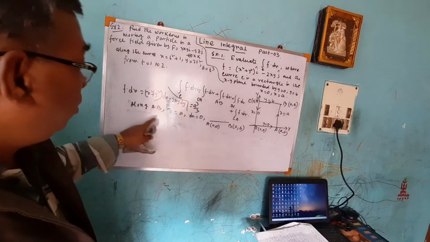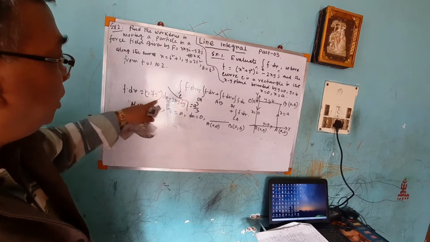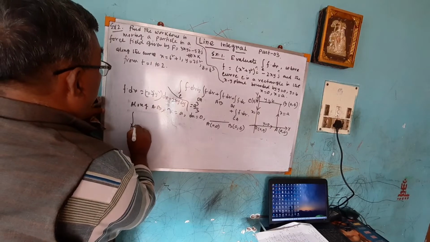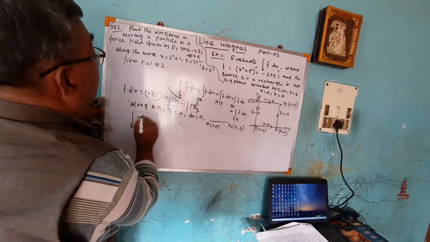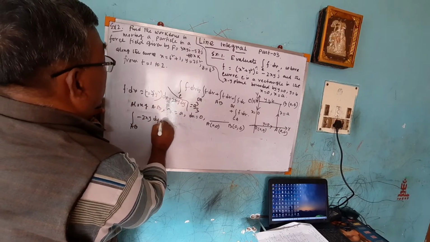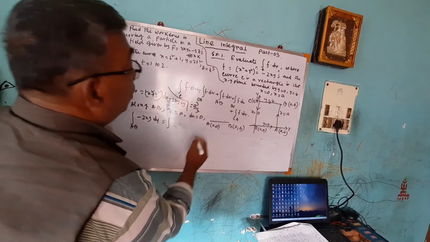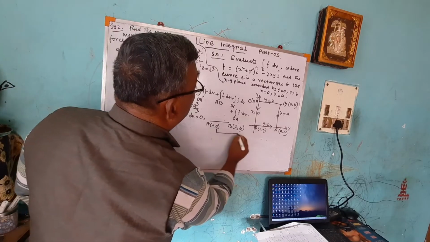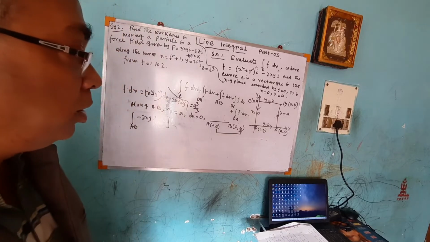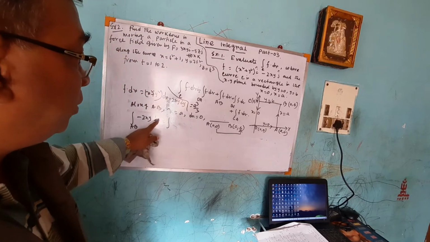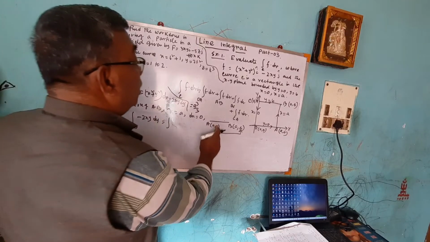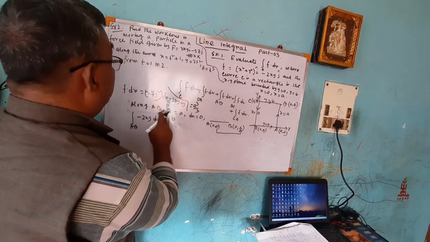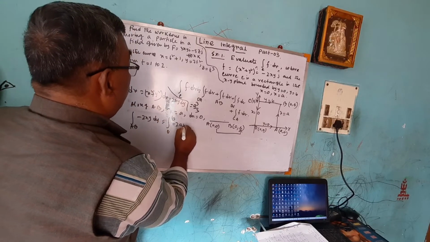Now you see, along AB, dx is 0, so this portion is 0, and minus, that is integration along AB. So f dot dr is minus 2xy dy. You have to take the y coordinate because here dy is there. So it is 0 to b, not x, because here is dy, so you have to take the y coordinate. Okay, so now that is 0 to b. What is x? X equal to a, so minus 2ay dy.